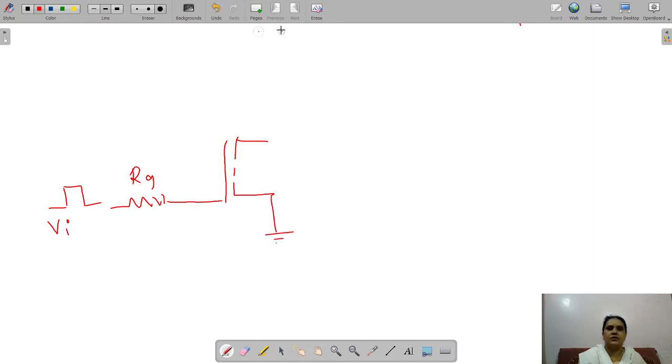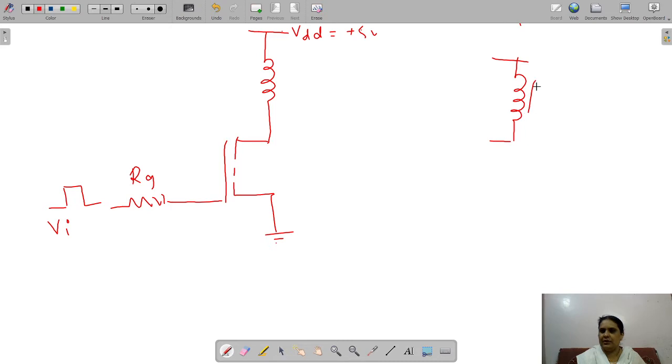So here is the VDD. Usually let us take it as plus 5 volts. And here we will connect the relay. So this is the symbol of a relay. This is the input side of a relay, for energizing of the relay. It is a coil, and we have contacts like the NO contact and the NC contact.